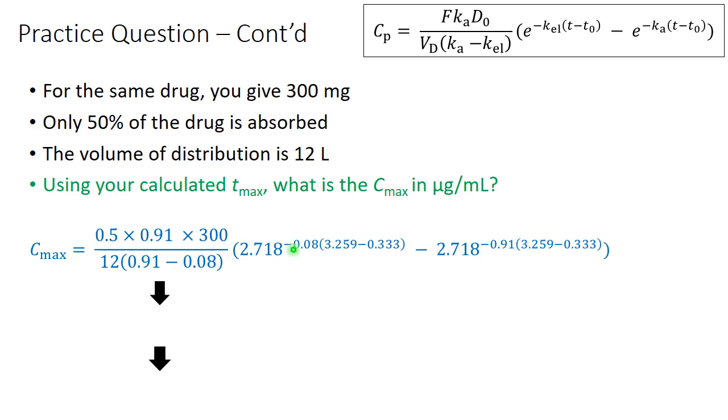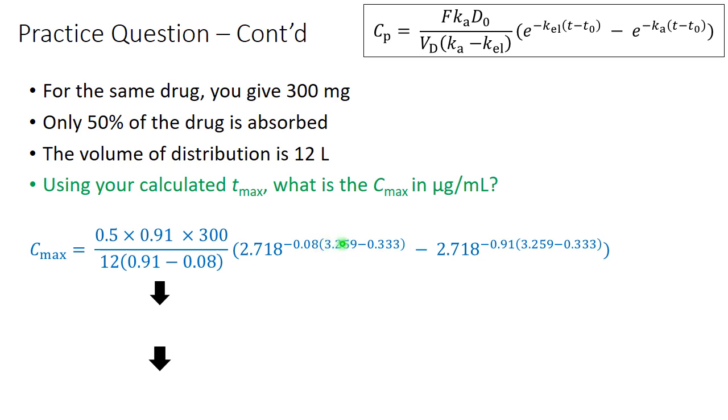And then minus, again, the Kel times, to the power of the negative Kel times 3.259 minus negative 0.333. So notice we used our actual Tmax, and then we used our lag time here. Okay, so